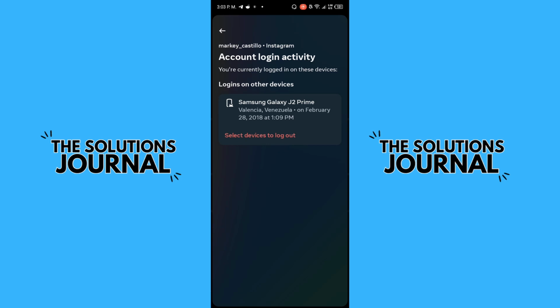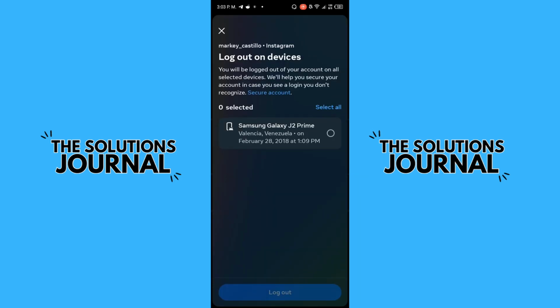devices are connected with our account of Instagram. So if you want to delete your account from this device, the only thing you need to do is select the device to log out and pick here and confirm here, log out, and that's it. You do delete the account of Instagram of this